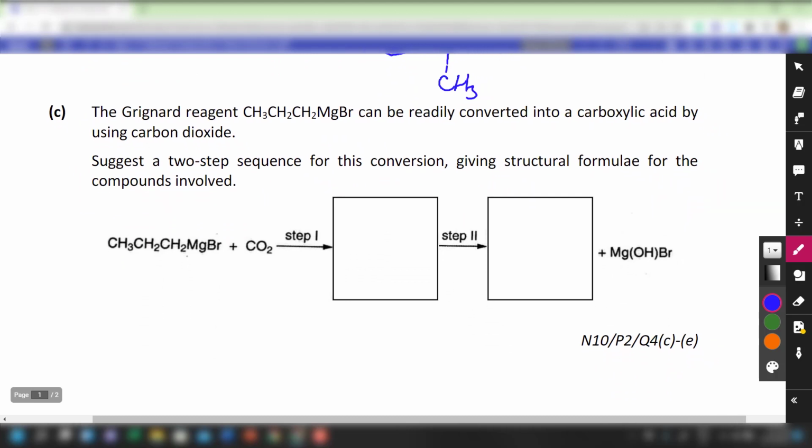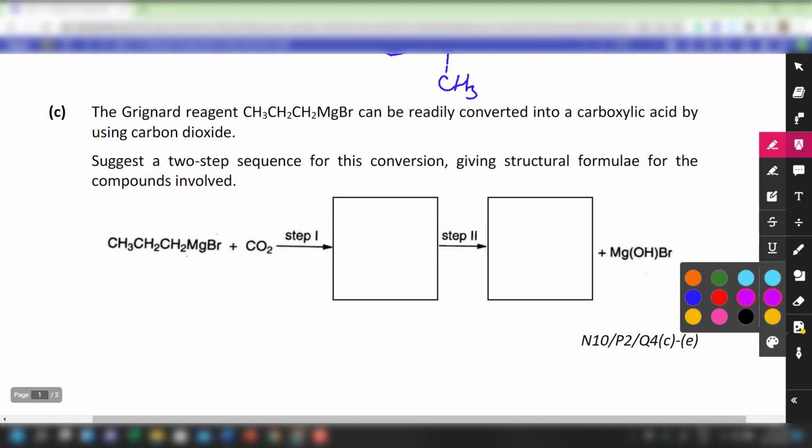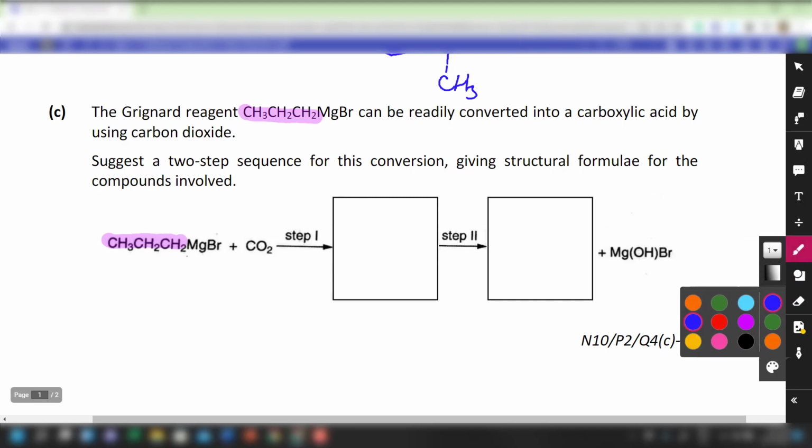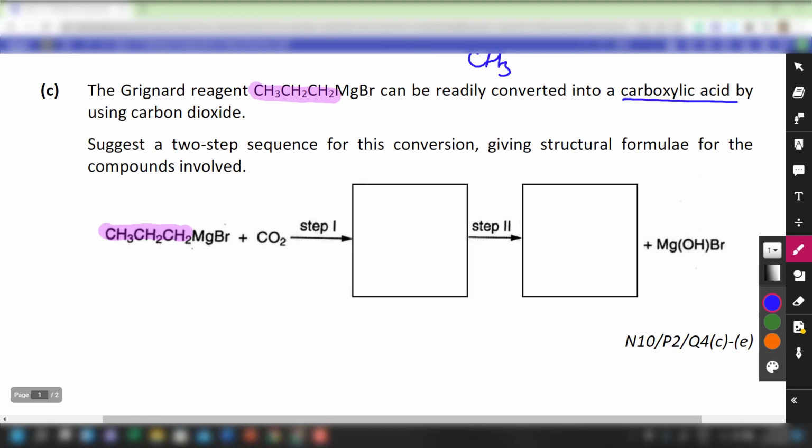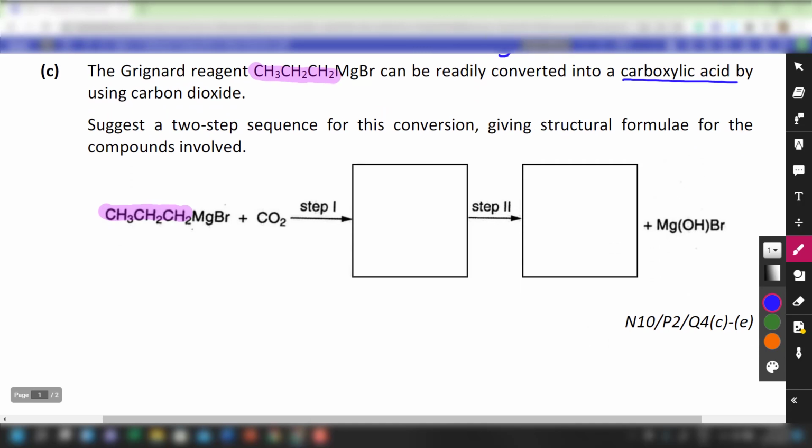The Grignard reagent, this is propyl magnesium bromide, can be easily converted into a carboxylic acid by using carbon dioxide. Okay, so this is the nucleophilic site. So we have a nucleophile over here, and then suggest a two-step sequence for this particular conversion, giving the structural formulae of the compounds involved. Okay, this might be a bit challenging, but we are looking at the production of carboxylic acids from